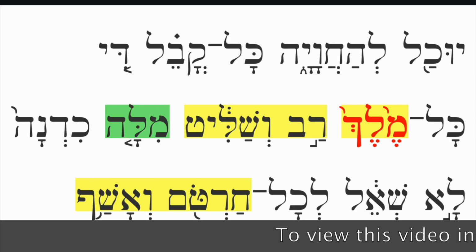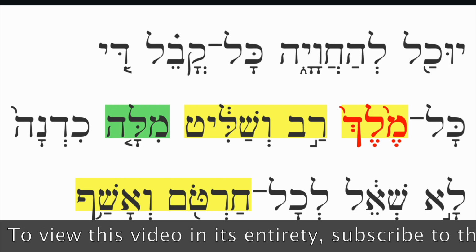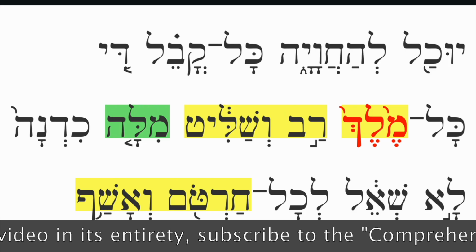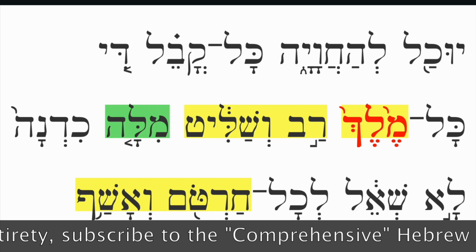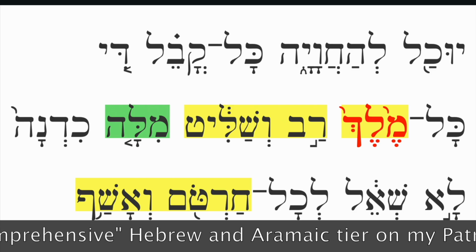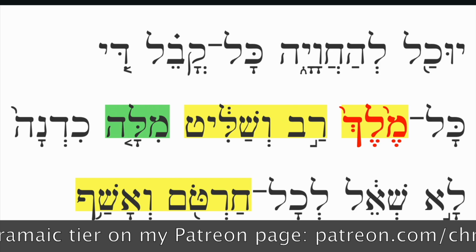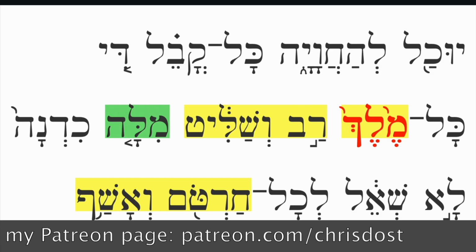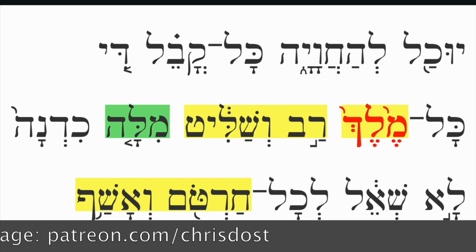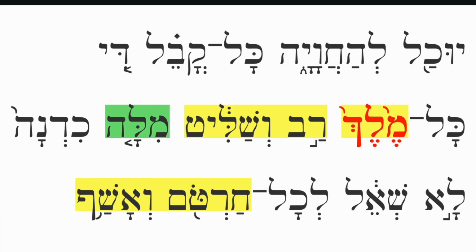Okay, so let's look at some of the masculine singular absolute forms that we've covered already in Daniel 2, and then see how they transform into masculine singular determined forms. So the first word we have is melech. Melech, you can see it in red there, and you'll recall from our previous videos that I've been using yellow arbitrarily to indicate masculine singular absolute nouns and adjectives.